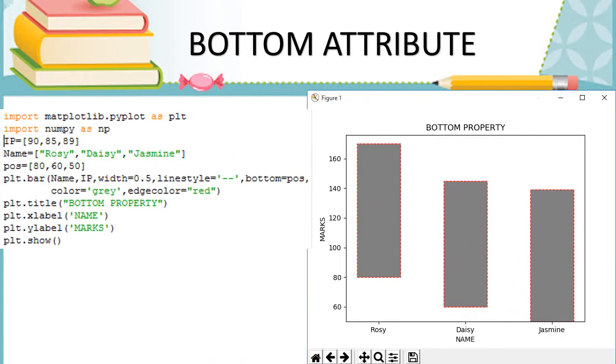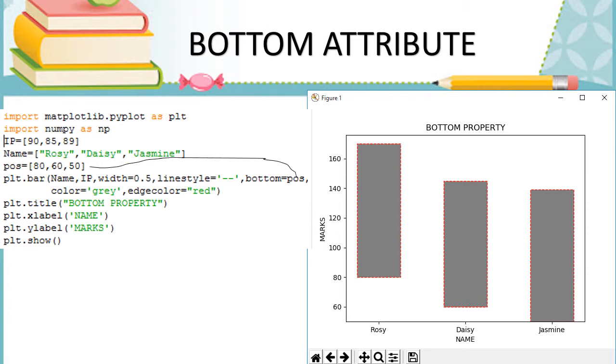And then the bottom attribute. Based on the bottom attribute we can see the bar on the y-axis. See here, the IP value and name are given, and next the position equals the list position variable 80, 60, 50. So pass that position to the bottom attribute.